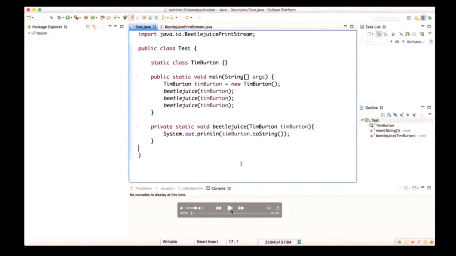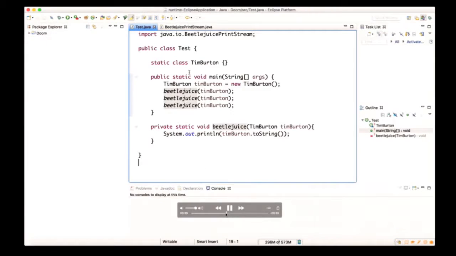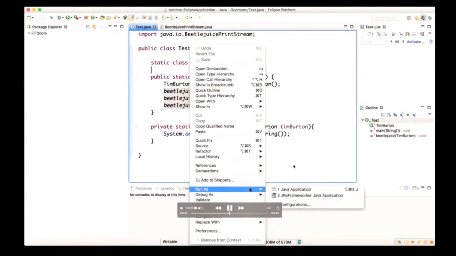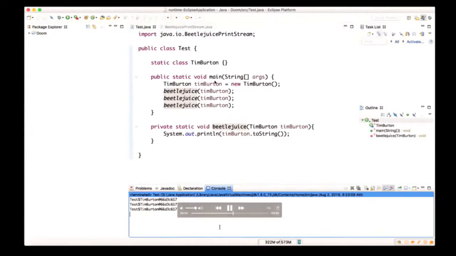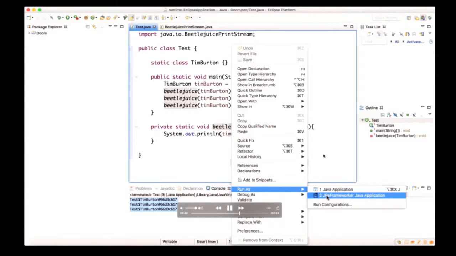So we have to now think about what would trigger this code, right? We have a method named Beetlejuice, and we're going to invoke it 3 times. Inside Beetlejuice, there's a call to println, so we'll trigger that code. And it'll go Beetlejuice, Beetlejuice, Beetlejuice. If we run this normally, it's not very interesting. It just prints the hash code of the Tim Burton object. I'm a fan of Beetlejuice. Anyway, but if we run this with our modified framework,